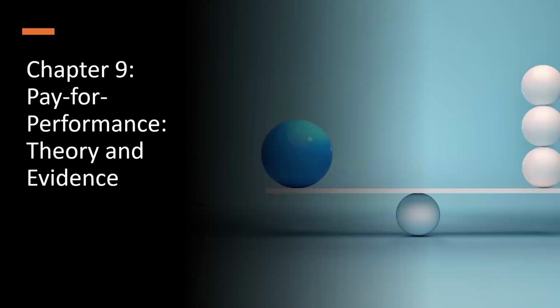We're going to go through chapter 9, which is pay for performance. And I will say on some of the slides, pay for performance is going to be a capital P, a little f, and a capital P, because that's often how it's written in HR when you're quickly talking about pay for performance. So we went through chapter 11 last week where we learned about how to do performance evaluations